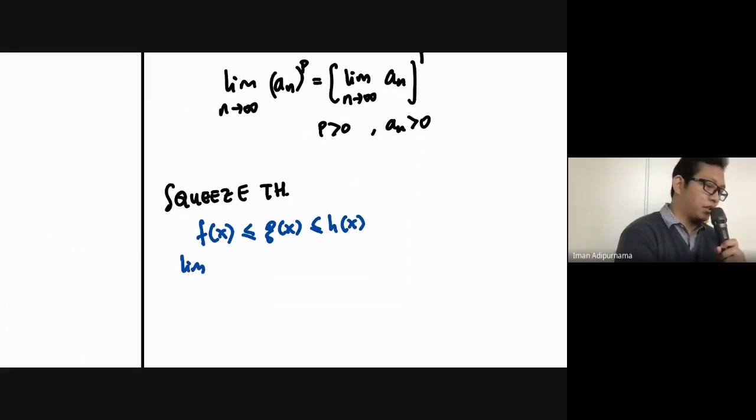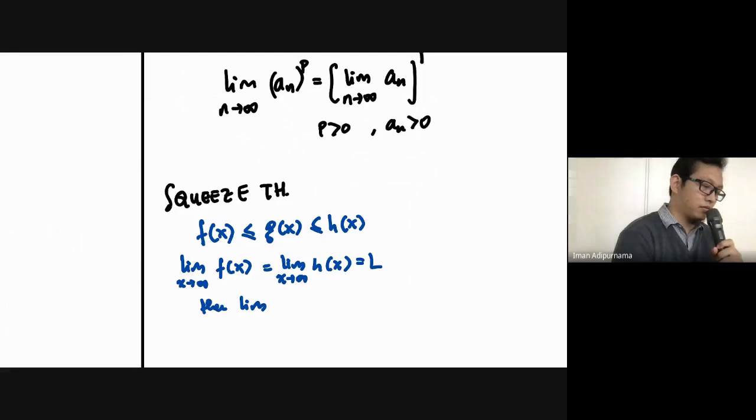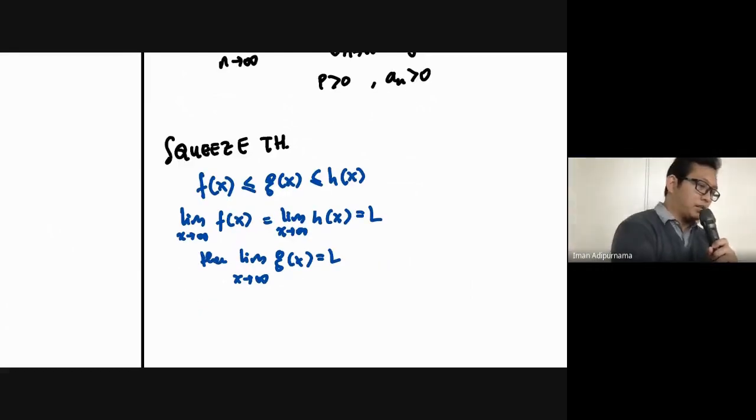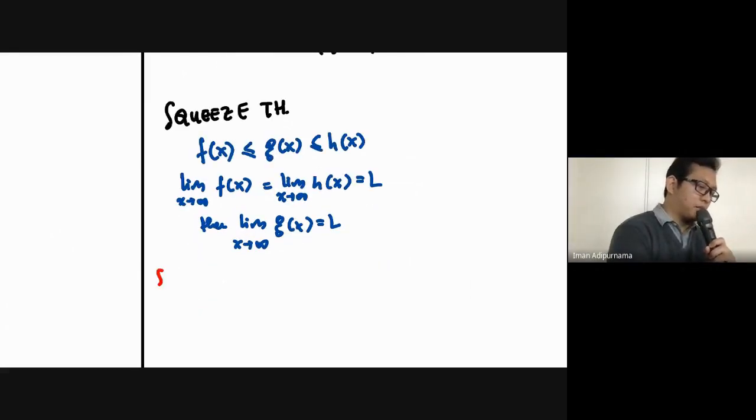If you have a limit, let's say x approaching infinity, if this is L, then